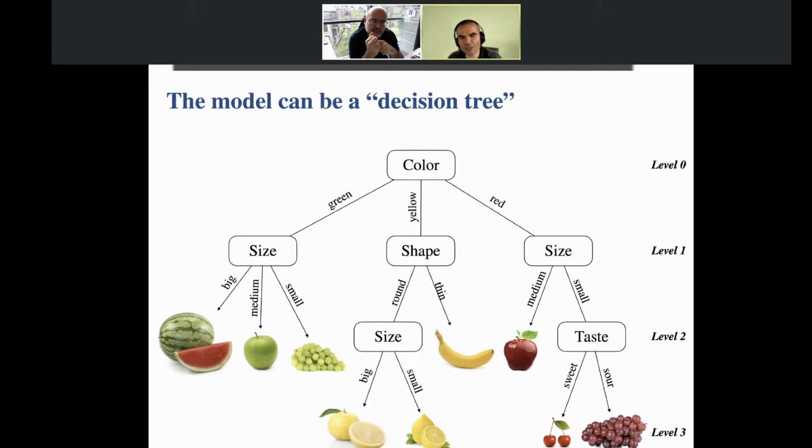For the yellow ones, depending on the shape, I would go for those that are round, and I would then distinguish those that are big from those that are small, the pineapples and the grapefruit and the lemon, and for the thin ones, I would have the banana. And then you see the example of the red fruit there. So this is a decision tree.